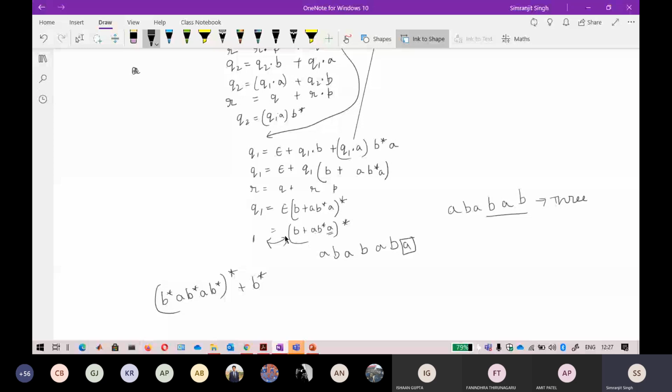Okay, if you again check it, whenever you reach b star, the a here is permanent. So whenever I do a b, I have to follow a. So when I try to generate this string from this regular expression, I will not be able to do that. Okay, so I think you see how you get a very cleaned out regular expression when you apply Arden's method.